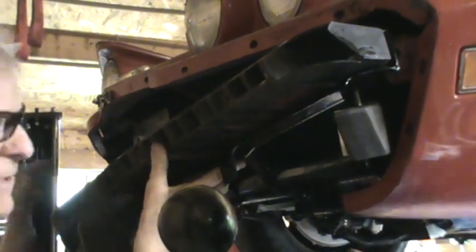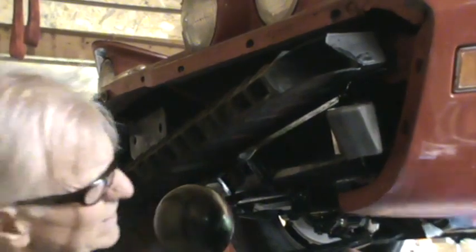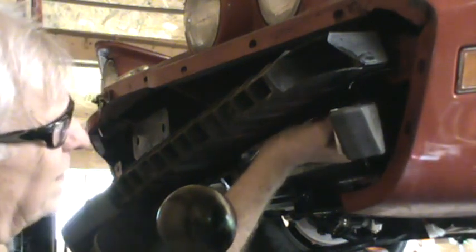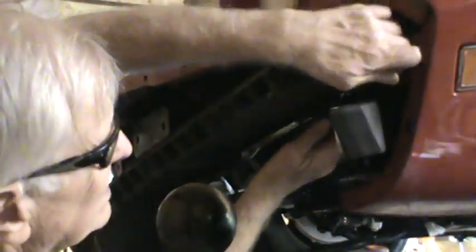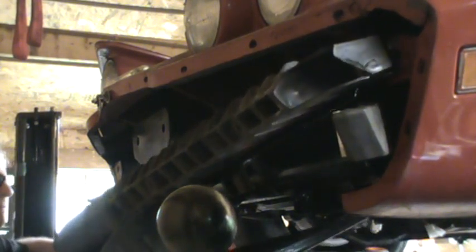Again, this is another one of those things where an extra pair of hands would be really nice. Let's see. Okay, I've got it started, so I'm going to run and get a nut put on there so I don't lose it. So that is the nut into the bracket, or the stud into the bracket. Now, I think I'm going to try to do the same thing on the other side before I try to put the bolts into the